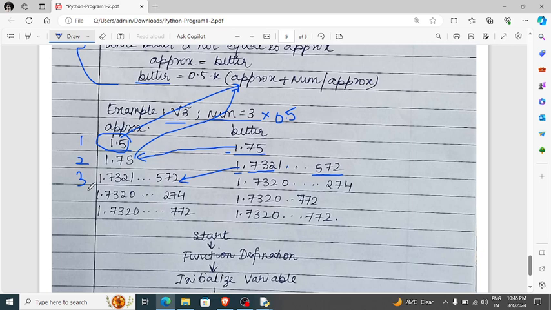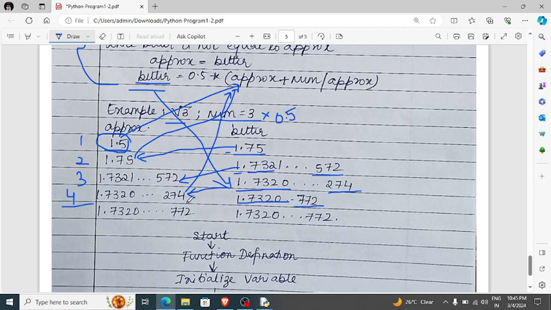Now in the third iteration, I substitute this approximate value into the formula and find the better value for the third iteration, and my better value becomes 1.7320, some numbers, ending with 274. Again these two are not the same, so I make this my approximate value for the fourth iteration. Again I substitute this approximate value and find the better value. I get it as